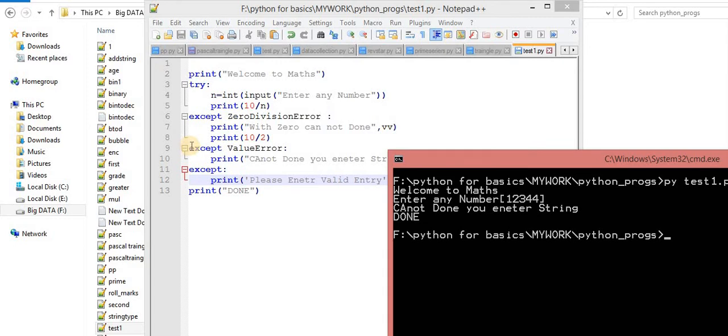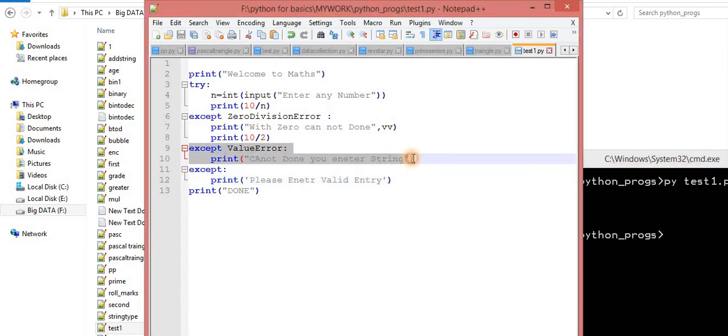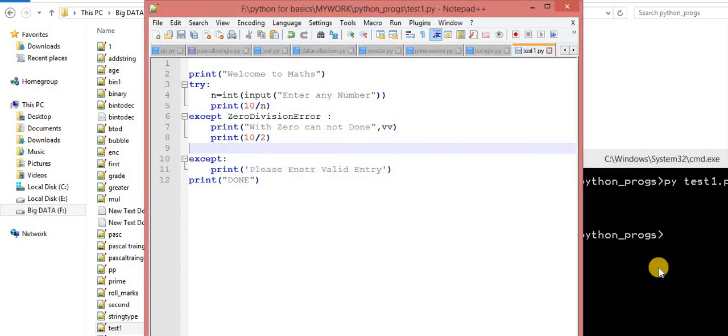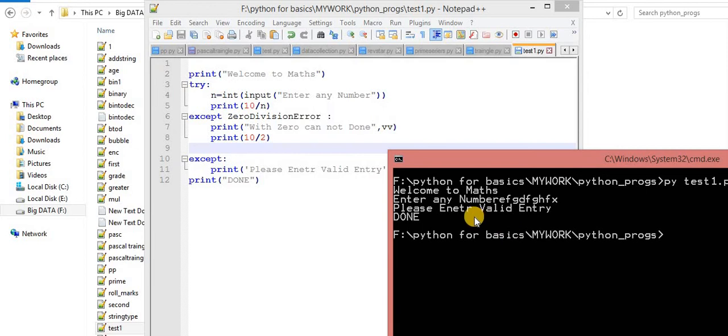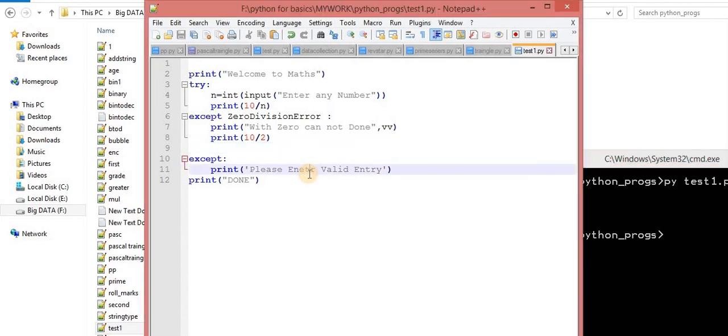Let's suppose I am removing it. I am removing this. Now I am removing this. Now you can observe. The default will be executed. So this is the way, try with multiple except. You can add n number of excepts.